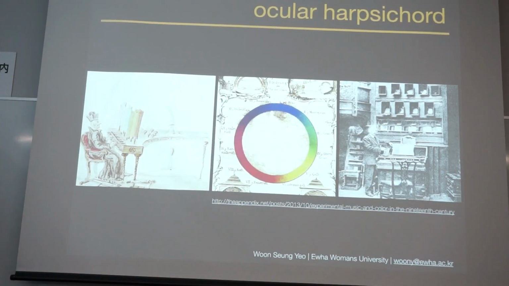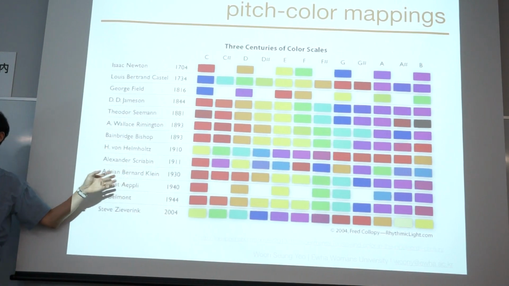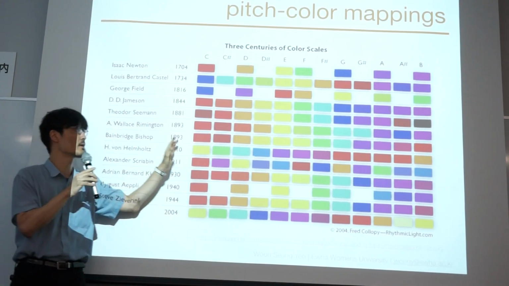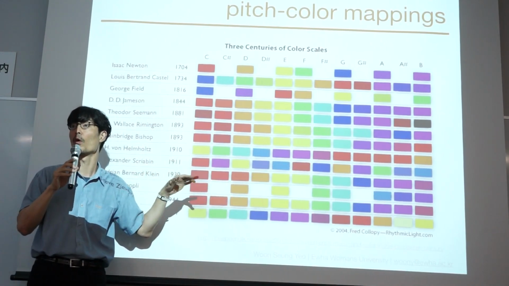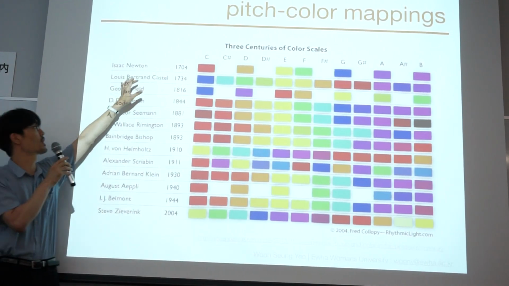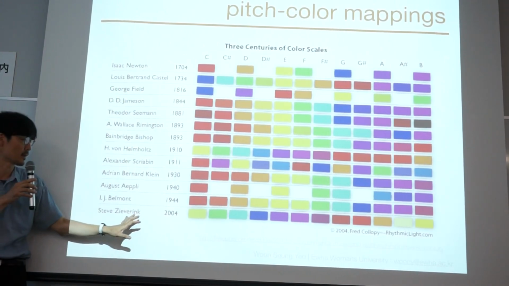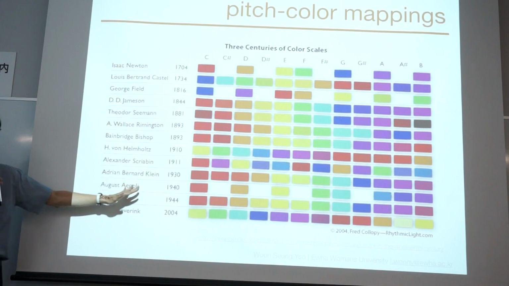So the thing is, Castel was not the only one, and believe it or not, many people tried to have this kind of color to pitch mapping. My point here is, this is a quite old study. This is not something new, not recently developed. It has quite a long history, more than 200 or 300 years, right? We can start from Sir Isaac Newton, 1704, and it comes to 2004, and still these days